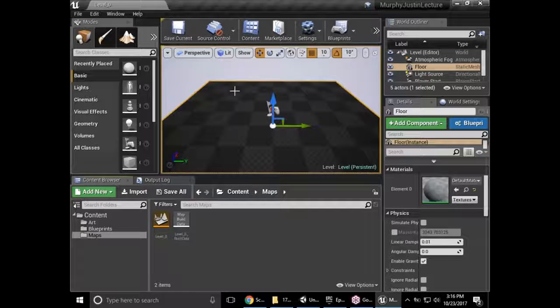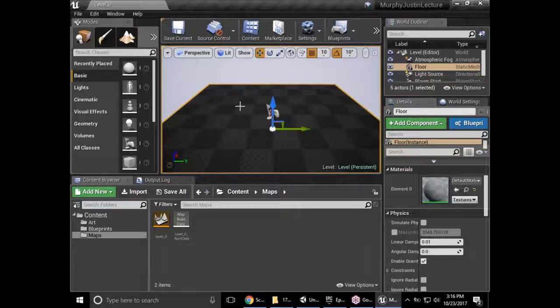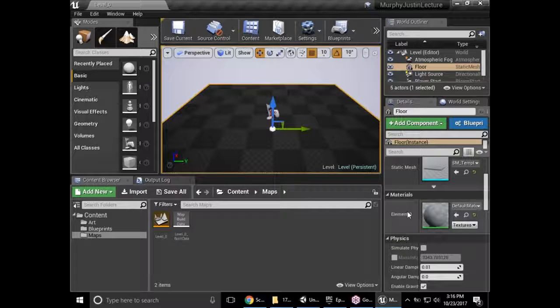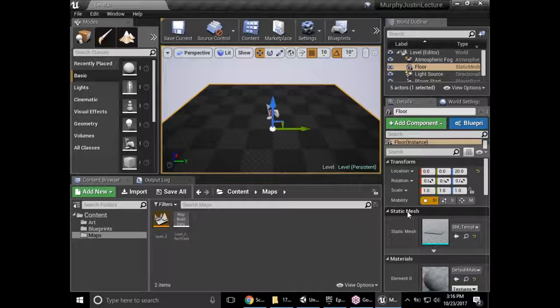So we now have a map, but it looks pretty much the same way that it did when we first opened it up. We're going to want to make sure that it's a little bit different so I don't just assume that this is a new level. What we can do is select that floor, and we can increase the scale. So one of the big differences in Unreal,